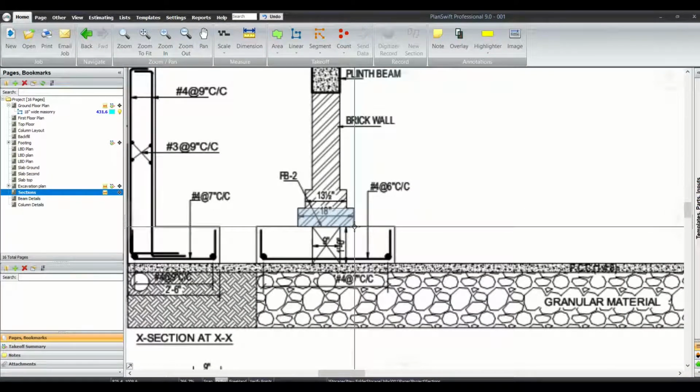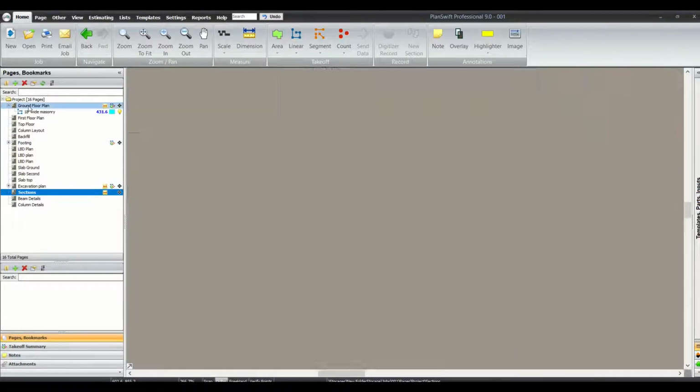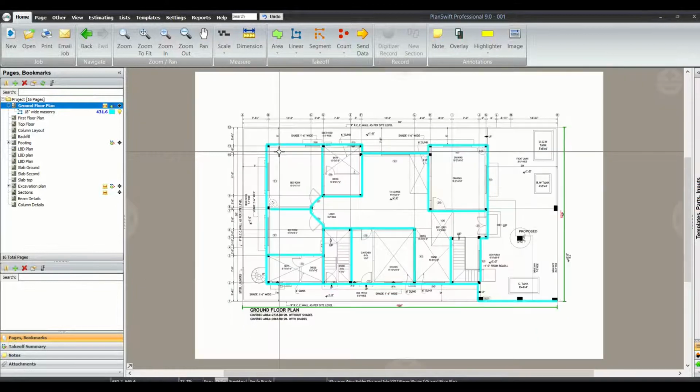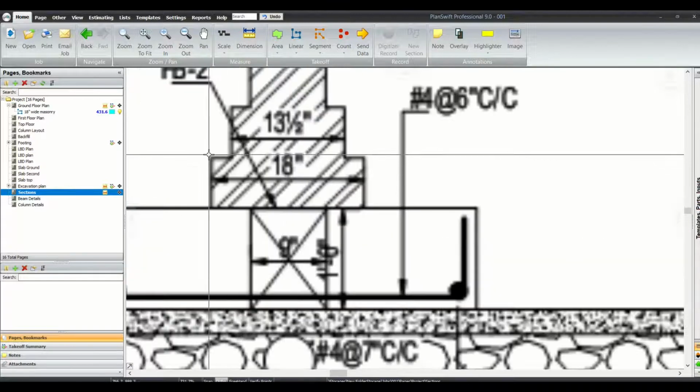From the sections we know that we have 18 inches wide masonry, but for the number of bricks we need cubic feet of masonry, and for that we need to know the 3 dimensions of our construction. We know 2 dimensions: from the ground floor plan, how many linear feet of masonry we have, and the width of that masonry, which is 18 inches.